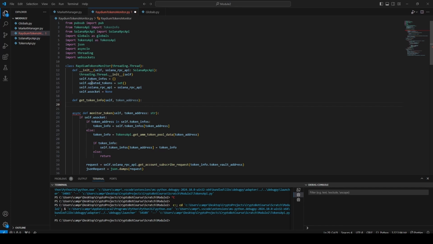Remember we have this token infos dictionary. So basically we're going to check to see if we got a token info in there. So we're going to go ahead and do a check for that. Actually, I'll just cut and paste this since I already have it. If the token address exists in token infos,